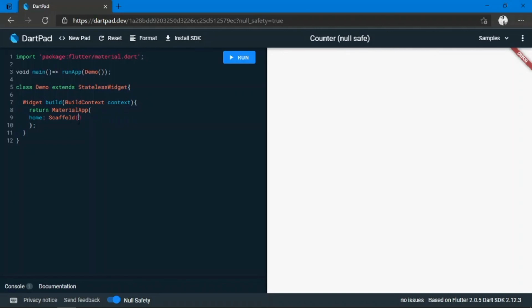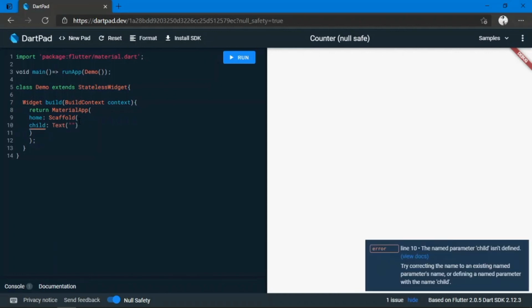In the scaffold, if I try to write a child, what should be in it? The child should be a text, and the text will be demo. Sorry, scaffold has a body, dude.